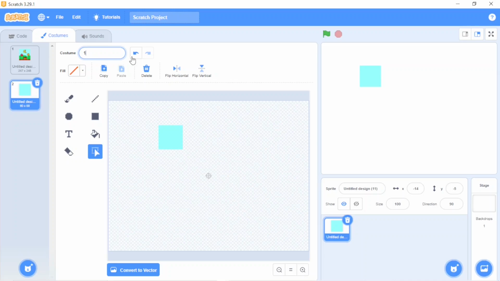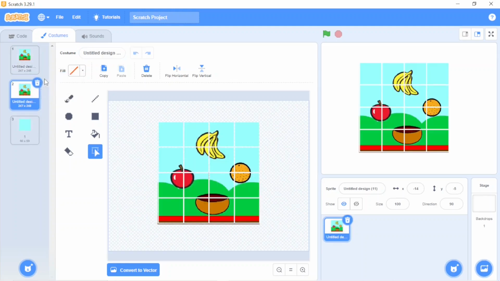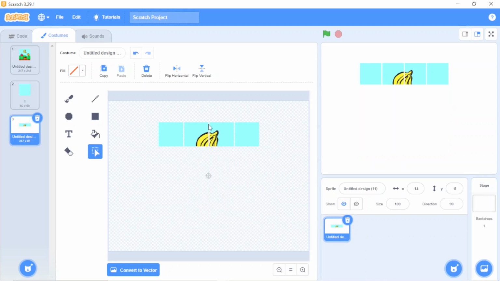We will not change their position because we have already centralized the image, and now at the same position we will take one by one each part. I just duplicate this image, take it over here, and in this image I am going to take only the second part. So I will delete all these parts, and this one, and this one as well. Perfect. And now I'll name it 2.